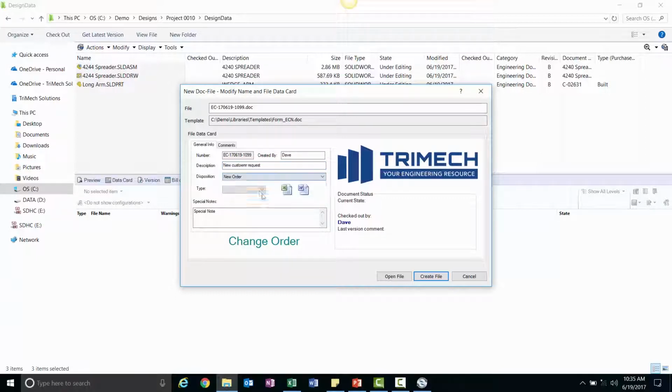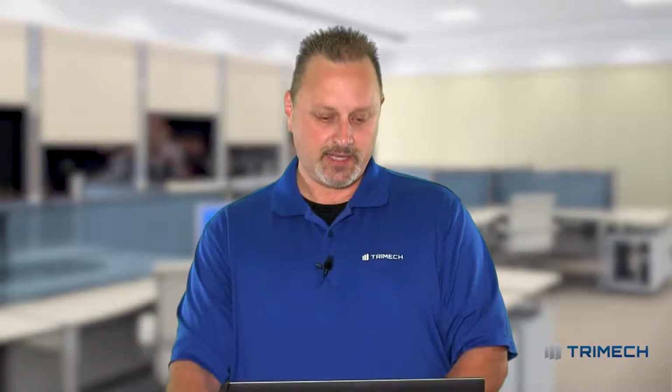Disposition is, well, this is a new order. Maybe it's an EC form. Requested a 2-inch extension. Simple as that. Now, the nice thing about these lists, right, is I've done exercises with companies, and